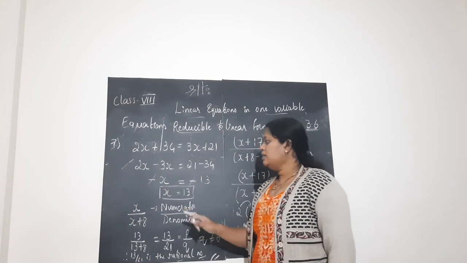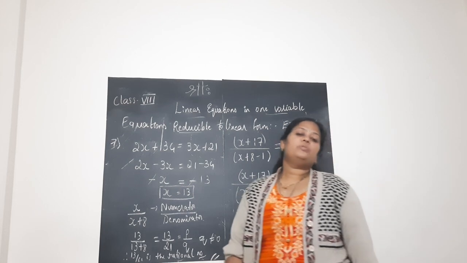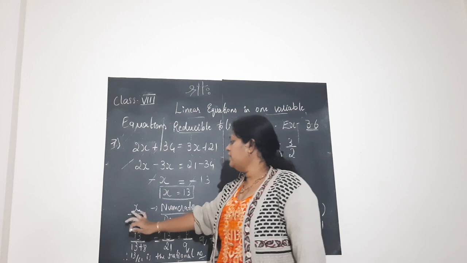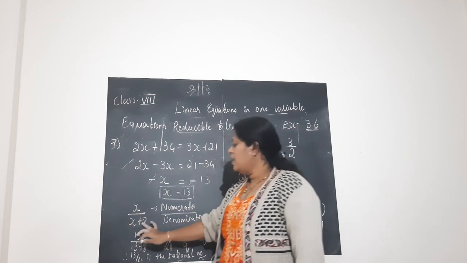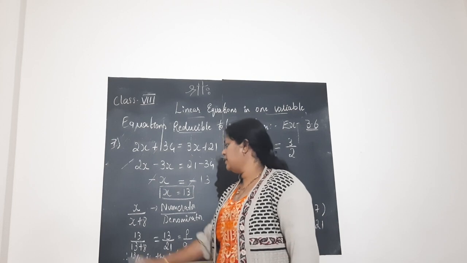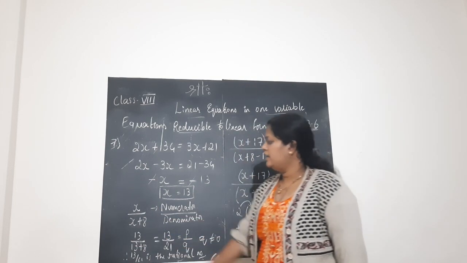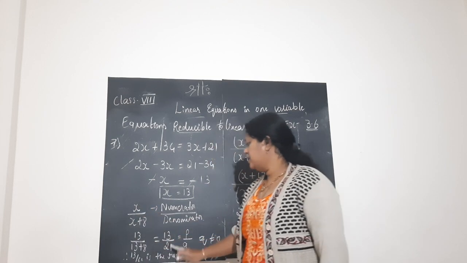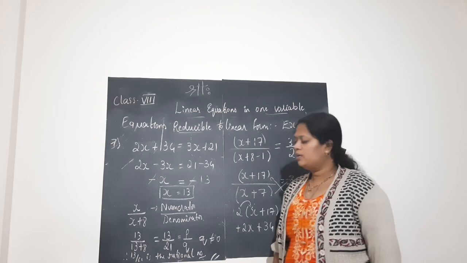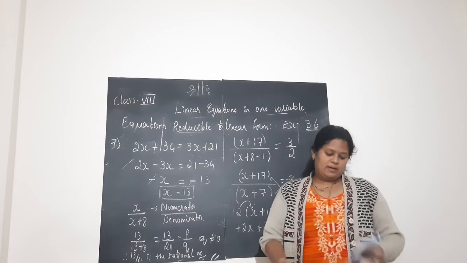We got x is equal to 13, children. That is not the end. The rational number means it should be in the form of a fraction. So we went to the beginning of the problem where we took x to be the numerator and they said denominator is exceeded by 8, means it is more than numerator by 8. So x plus 8, no? There we have substituted the value of 13. 13 plus 8, 13 by 21, which is in the form of p by q, where q not equal to 0. Hence 13 by 21 is the required rational number.